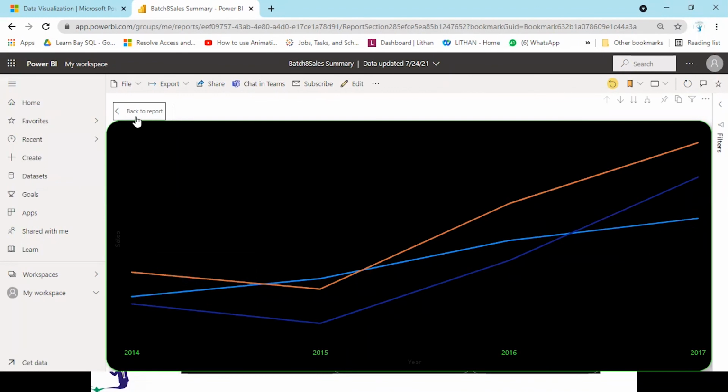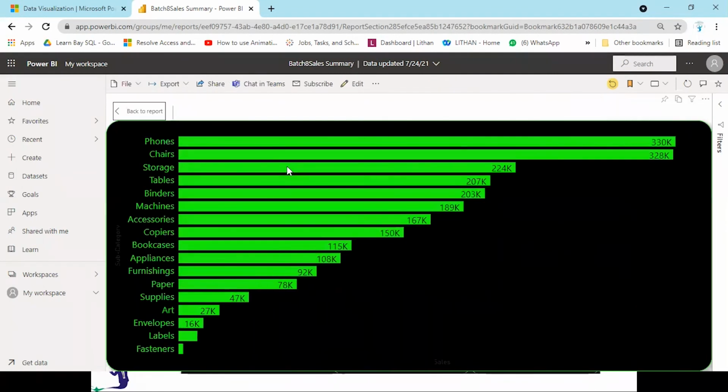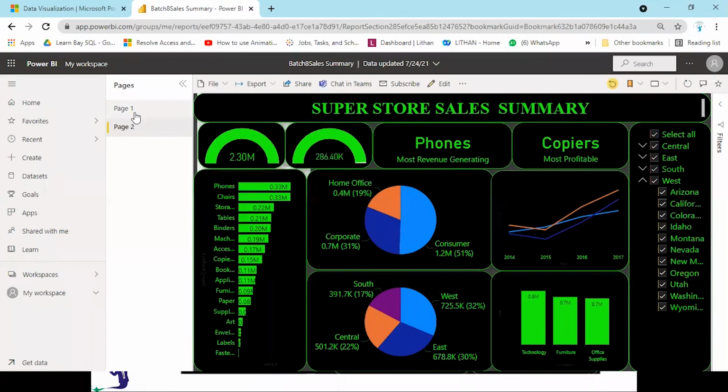Back to report. If you want to focus on any of these, let's take this focus. You are getting the subcategory details only. Let's go back. Okay, this is what you are getting over here. Now let's see what all we can do over here.